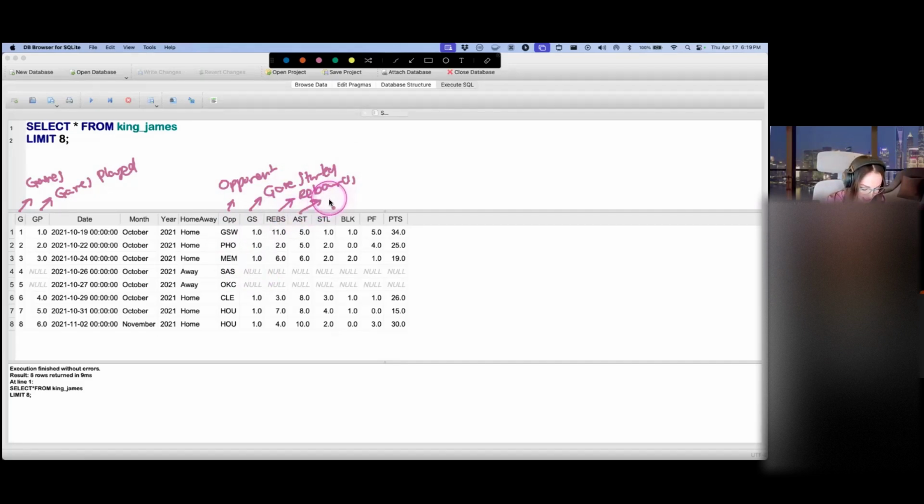AST is assists. So how many times did LeBron help someone score? Steal, how many times LeBron stole the ball from the opposite team? BLK is block, so how many times did LeBron block the other team from scoring? PF is personal